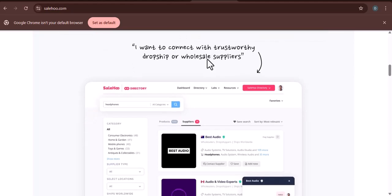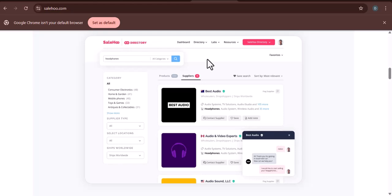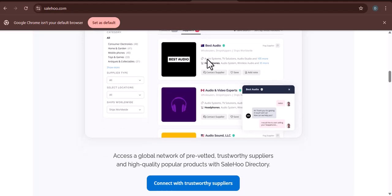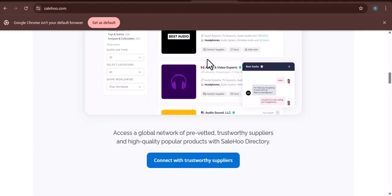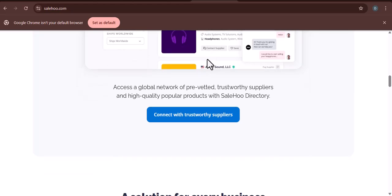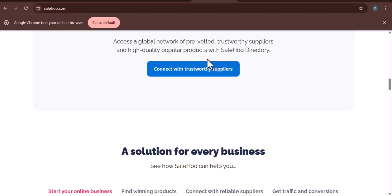Dropshippers. SaleHoo is an excellent resource for dropshippers, providing access to a network of reliable dropshipping suppliers. The platform simplifies the process of finding and working with dropshippers. E-commerce entrepreneurs. Anyone looking to build a successful online business can benefit from SaleHoo's resources and tools. The platform provides everything you need to source products, find suppliers, and grow your business. People who want to sell on Amazon, eBay, or their own online store. SaleHoo can provide supplier information for